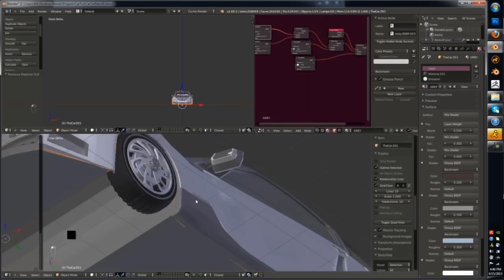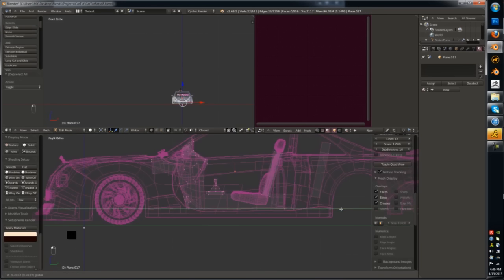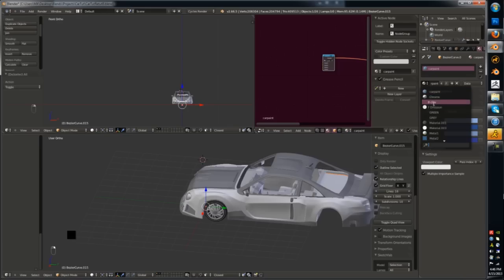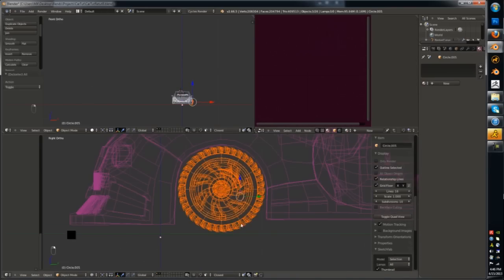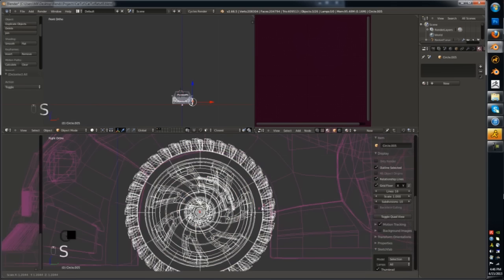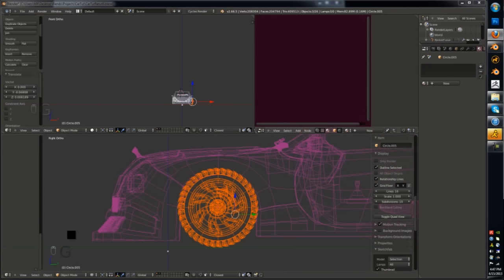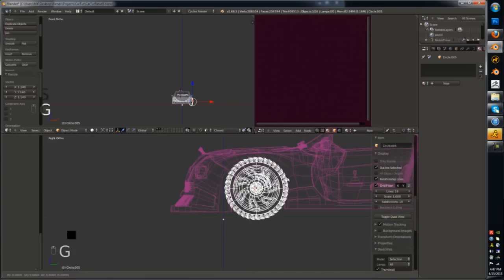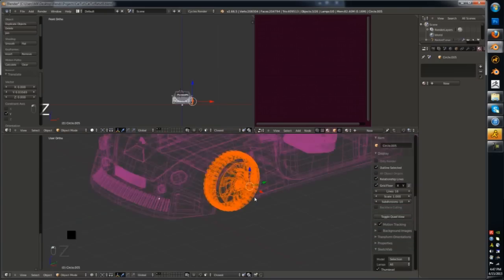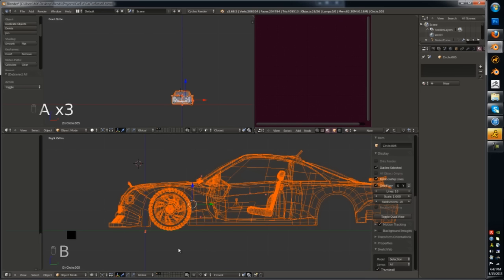And more tweaking. As you can see, since the faces are on top of each other in some areas underneath, it's created some doubles, but now I see the tires need to be bigger. That much bigger. And I look at the tires in the pictures and compare to scales, and I see that it's about that big. And if the car is really low, it should just be moved up,